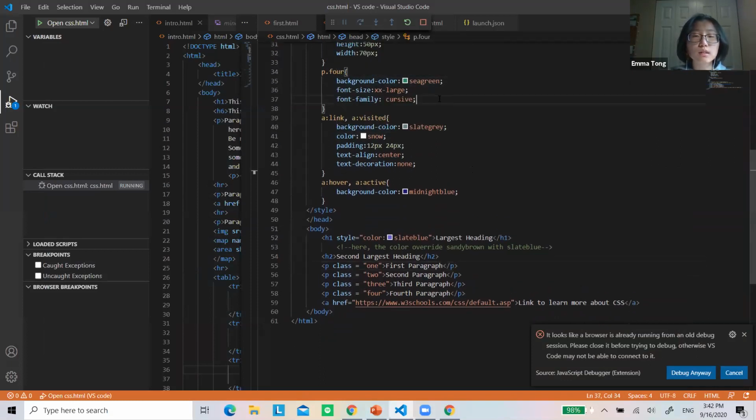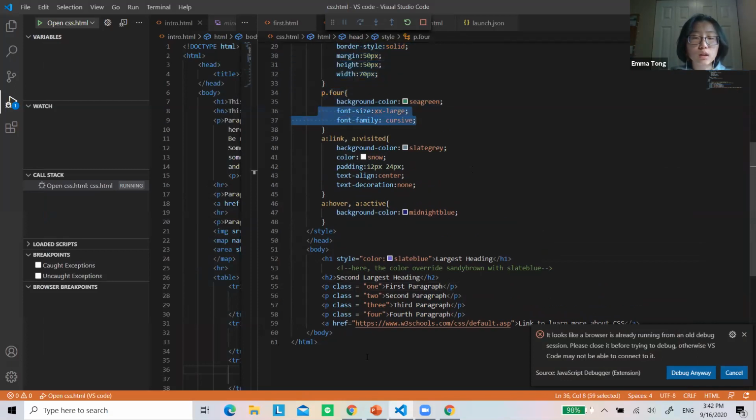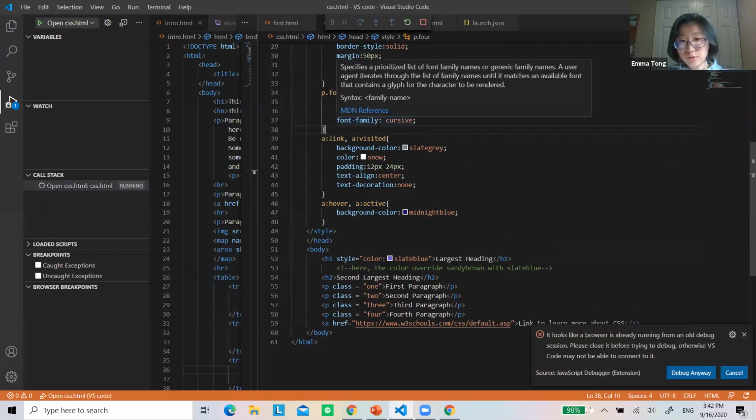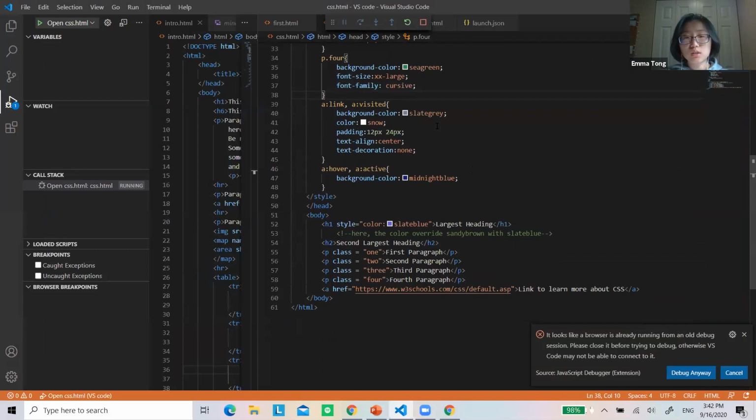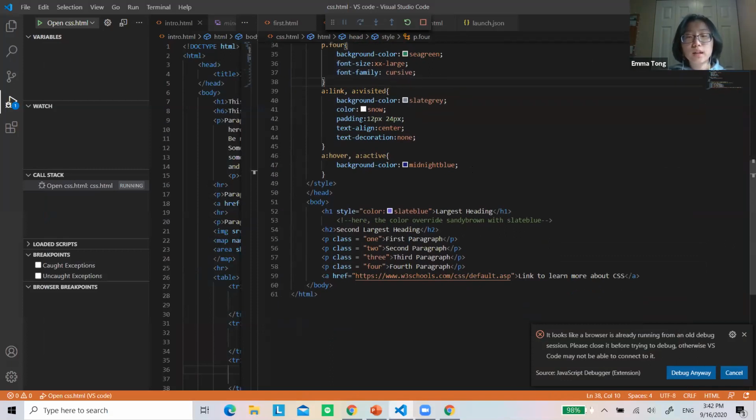And here, paragraph 4, you can also change the border background color to like sea green. In this case, I did that, and I made the font size extra large. And you can also change the font by using font family to like cursive. And yeah, and background color,